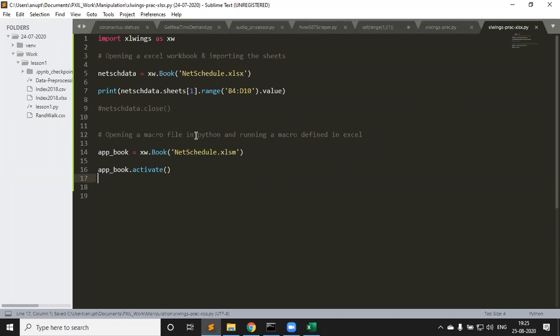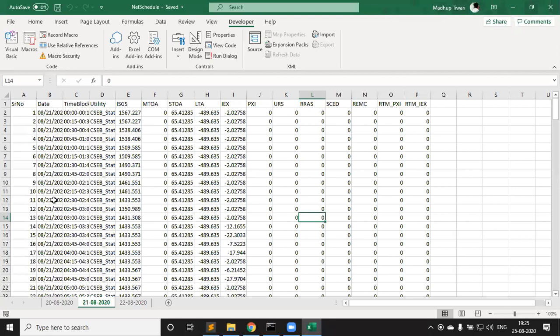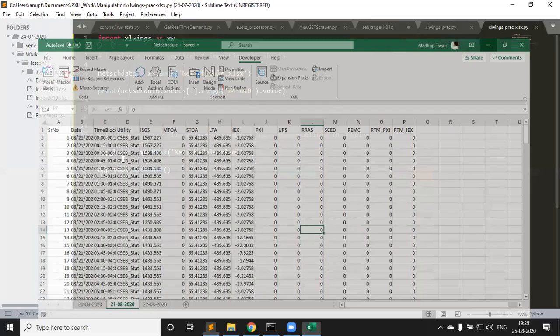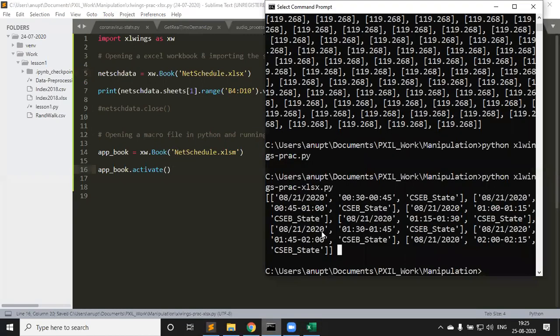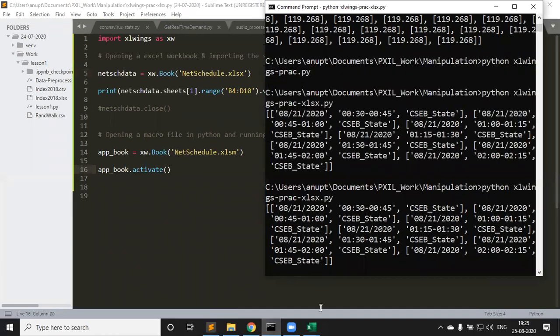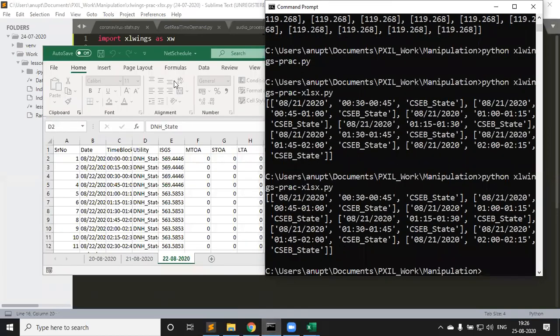First thing, what I want to show you is how, if you are doing something with 4 sheets, and something is happening in the 4th sheet in the background, and you are currently using this sheet, how you would go to that 4th sheet. So let's say I have already included 2 sheets and I want to change my view. I want to activate this one to come forward, right? How I would do it is simple. I would just again run it and say appbook.activate. What would happen is that this file would open